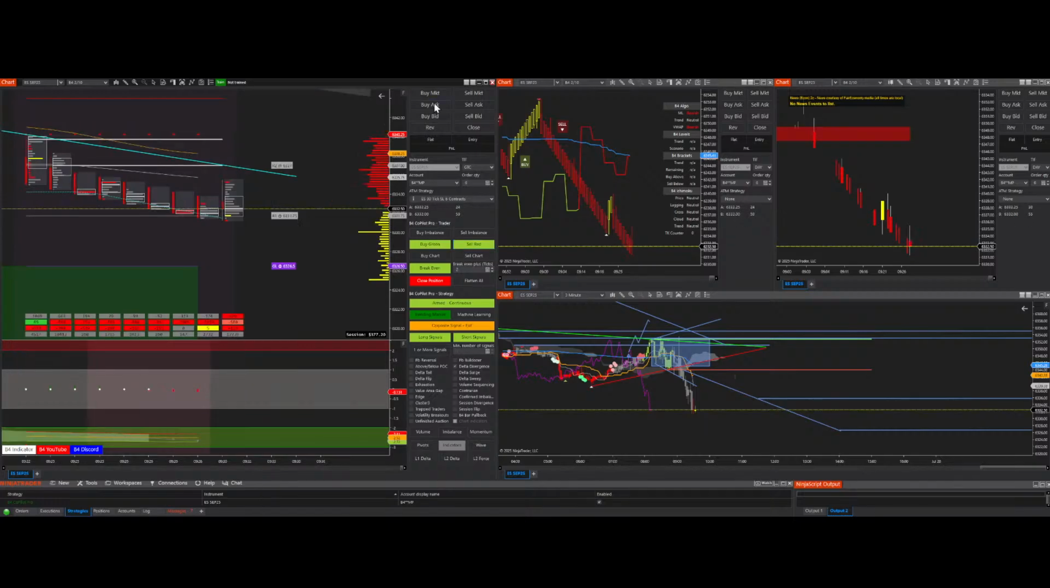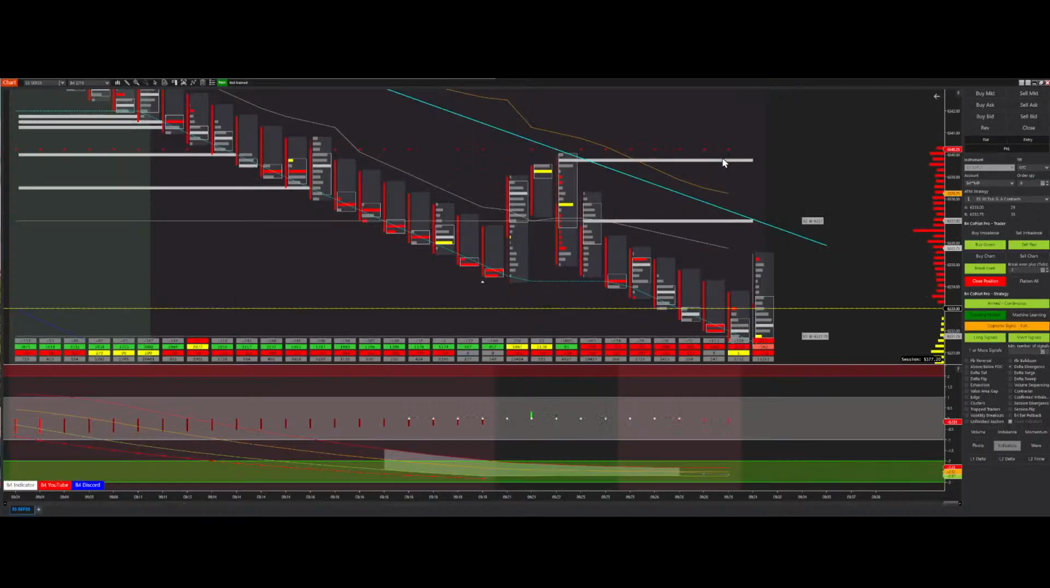But that is a new feature too with our footprint. Zoom in so you can see it a little bit. We got our VPOCs here, our virgin points of control. These are our most critical areas